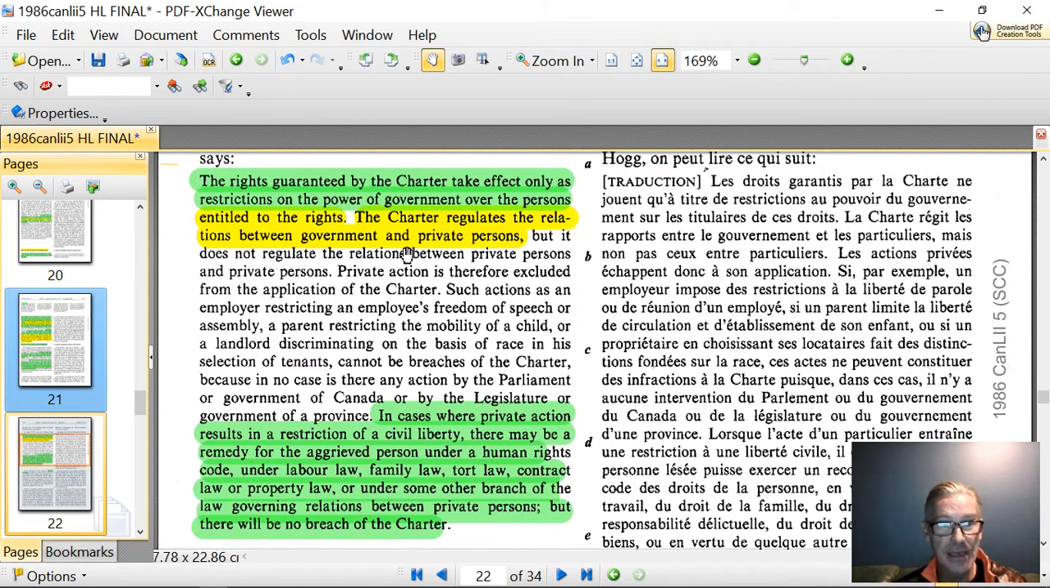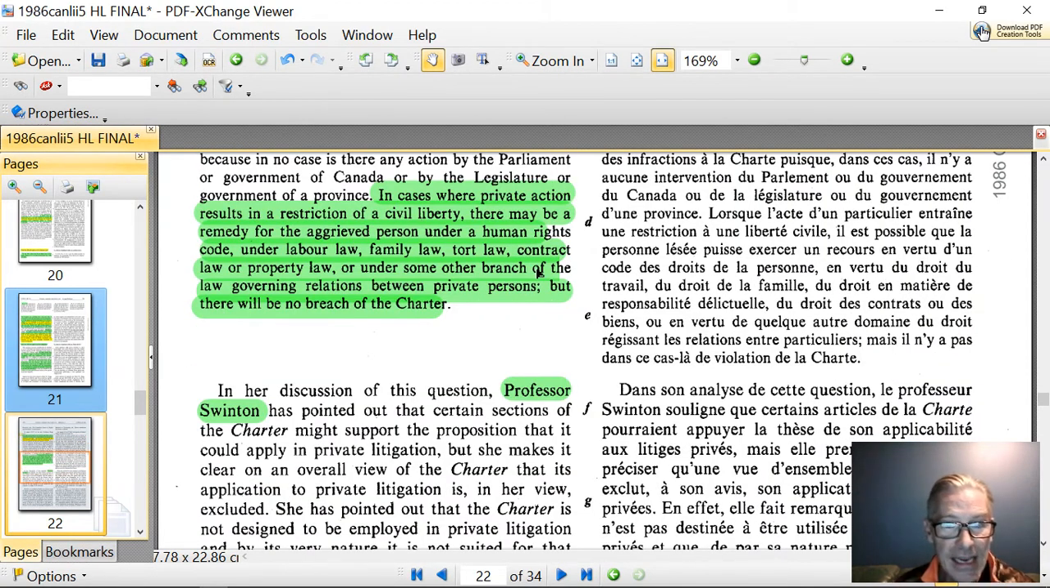But this statement does not regulate the actions of a man or a woman. Our actions are regulated by the duty to do no harm. In cases where private action results in a restriction of a civil liberty, there may be a remedy for the